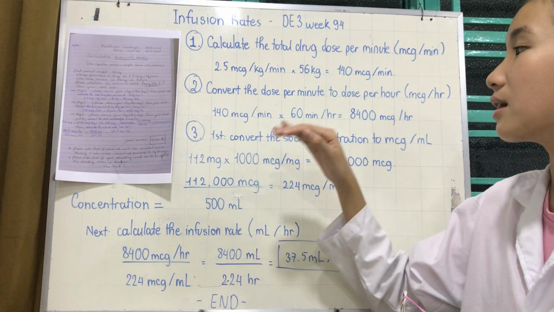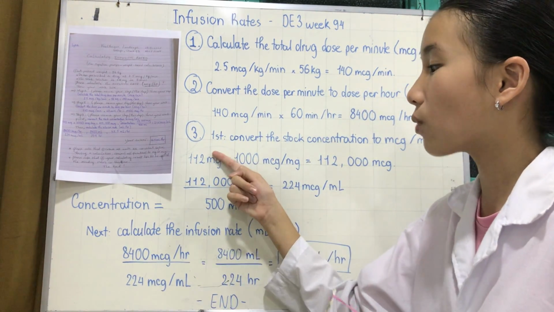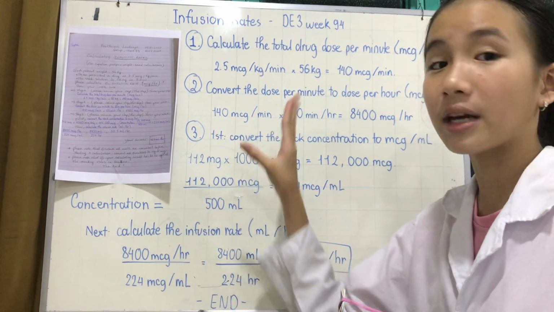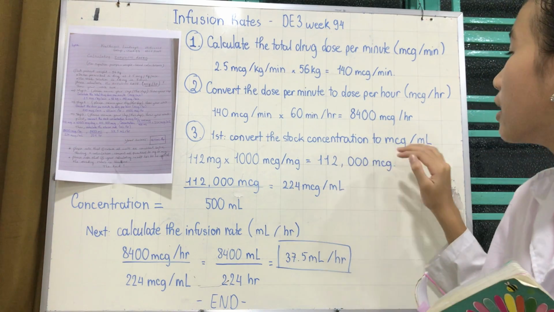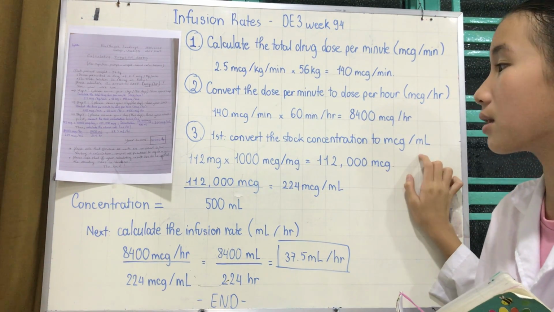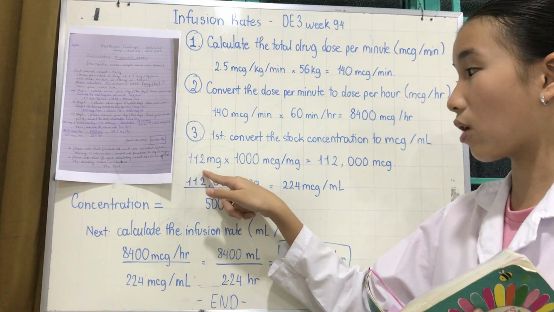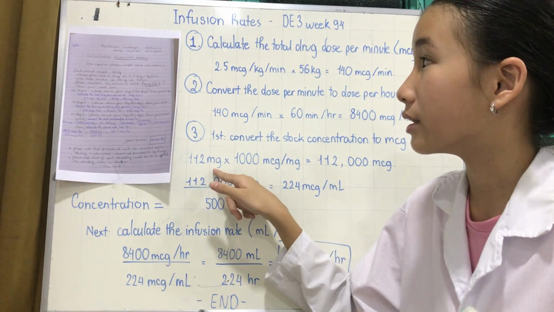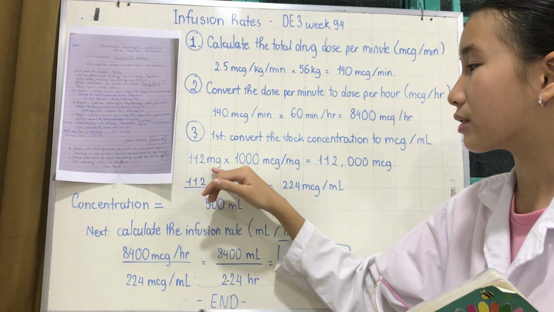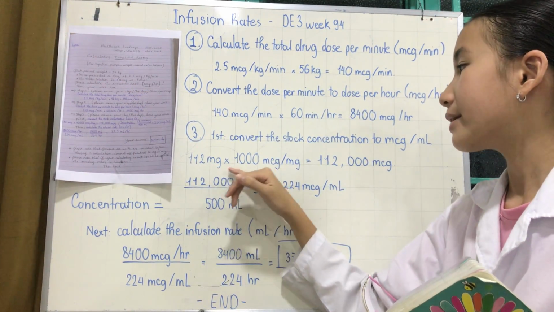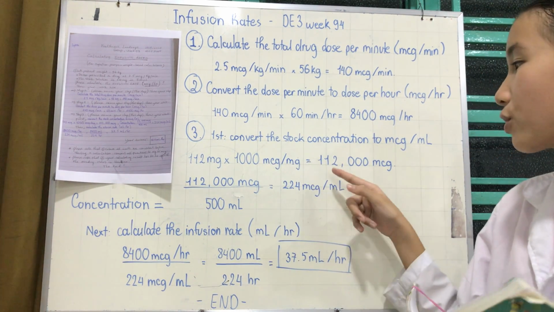So for the third step, there are 2 mini steps. There's the first one and the next. So I'm going to break this down. The first one is convert the stock concentration to micrograms per milliliter. So for this, I will need to take 112 milligrams, which is stated here, the stock solution, the 112 milligrams times 1,000 micrograms per milligram, which will equal